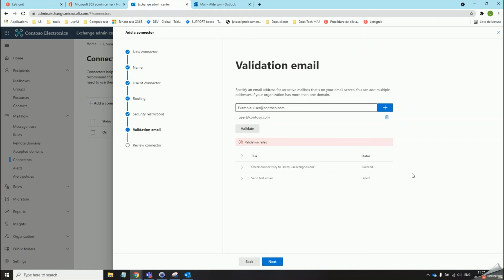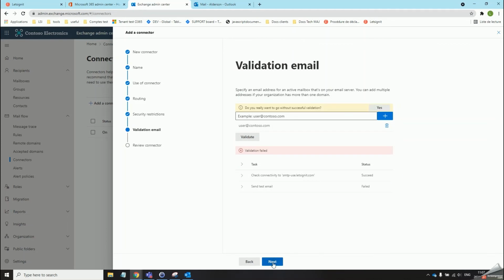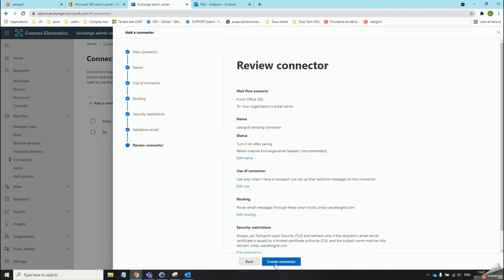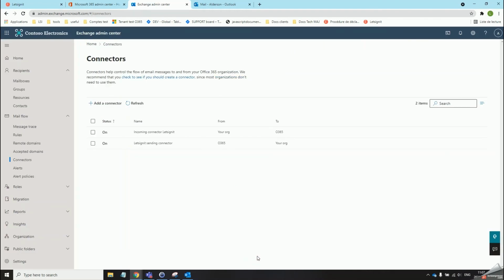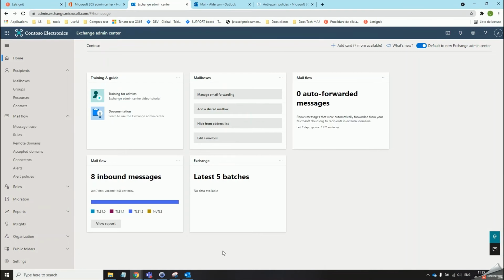Okay, so the validation has failed, but we can click on next. Yes, next. And now we should be able to save and create the connector. Next on, we will be looking at the different settings applied to the connector, and then we will be creating the routing rule. We will now be doing a couple of verifications in terms of the text formats of the